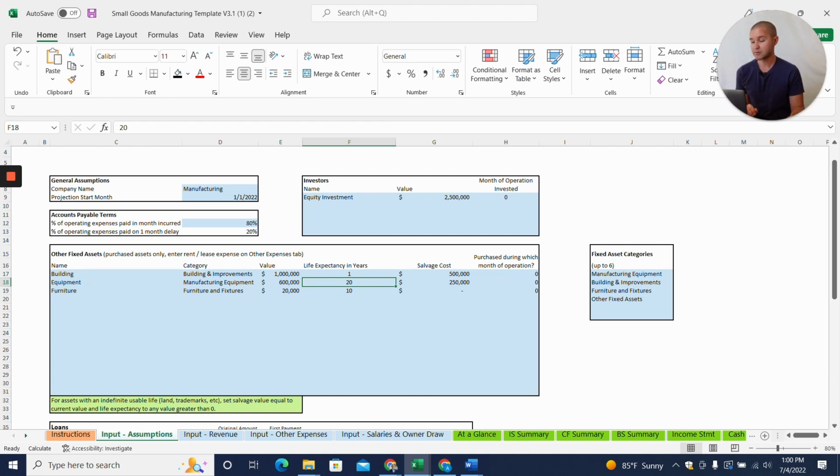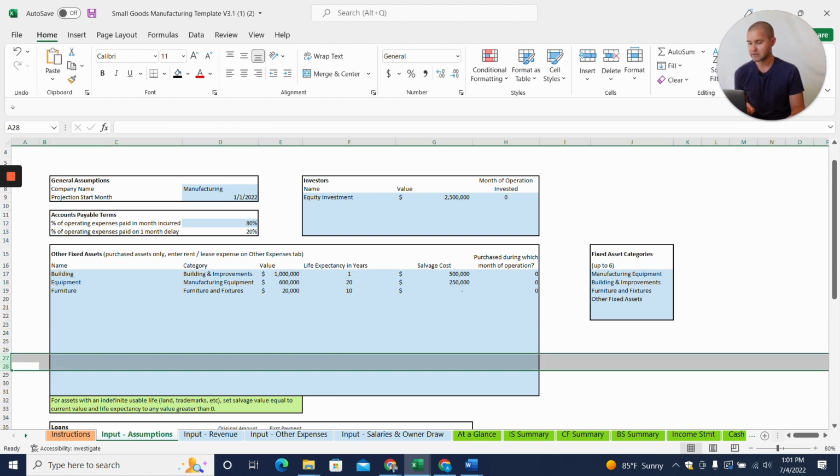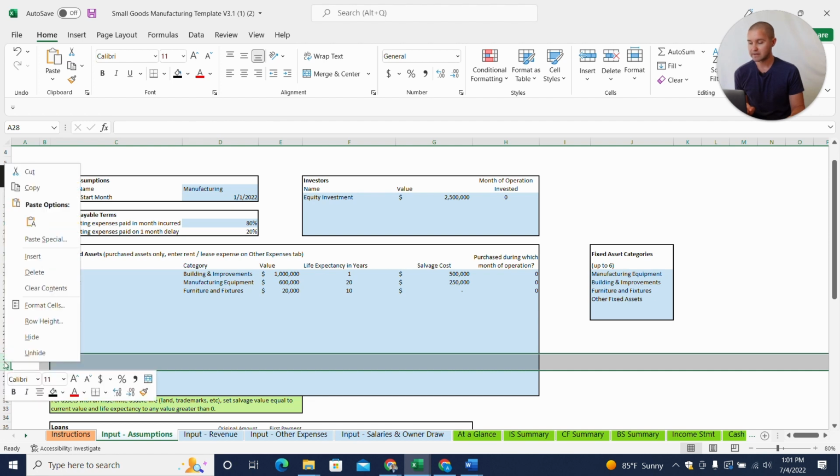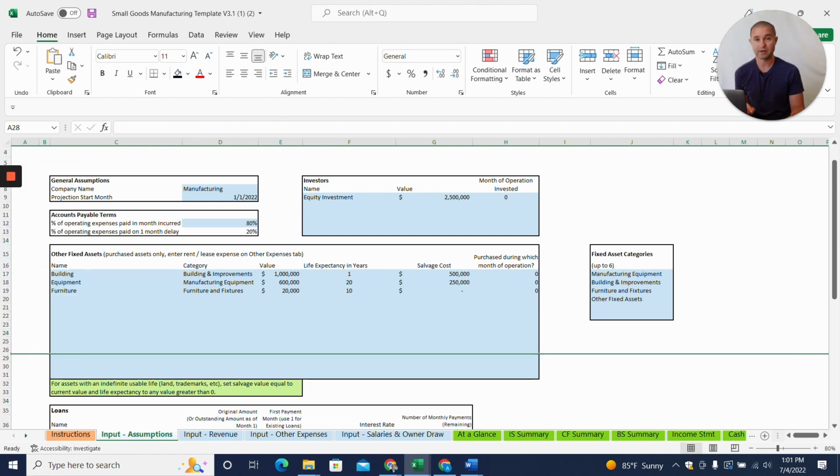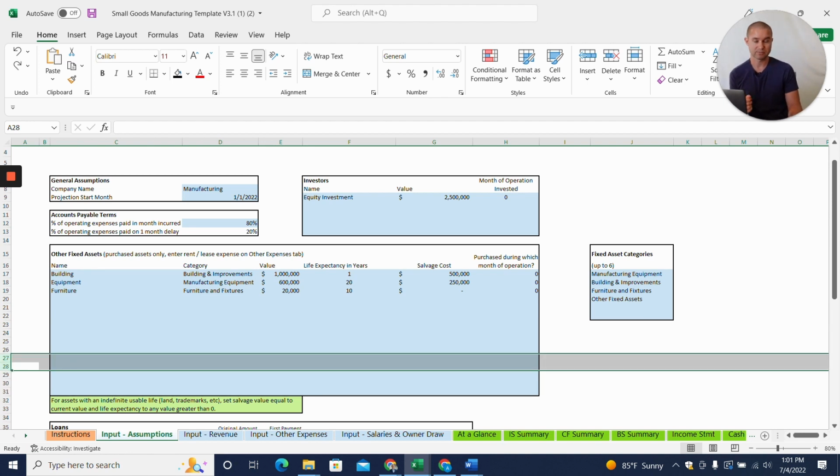So I'm jumping back to our input assumptions tab. First thing you need to know is that every cell that's highlighted in blue is an assumption that you can change without breaking something in the model. The other thing I would mention is that if you find an area that you don't need, don't delete it, hide it. So I'm going to show you real quick. Let's say you wanted to get rid of a couple of rows here. What you do is highlight them and then right click and click hide, and that will hide them, but don't delete them. That may break other sections of the spreadsheet.